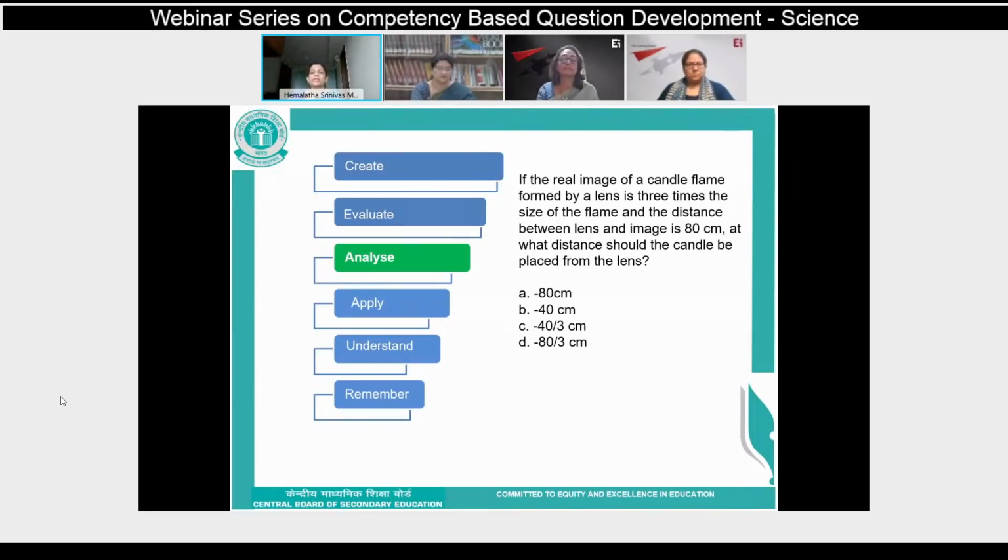At this analysis level, we can ask students to select the least important incident from a list of occurrences. We can give a list of occurrences: which one do you think is the least important incident? Or what is the reason for your thought process? That means why it is least important. This analysis is a little bit tougher, but if the item is consciously constructed, it can bring out the child's levels of learning, from lower level to higher level.